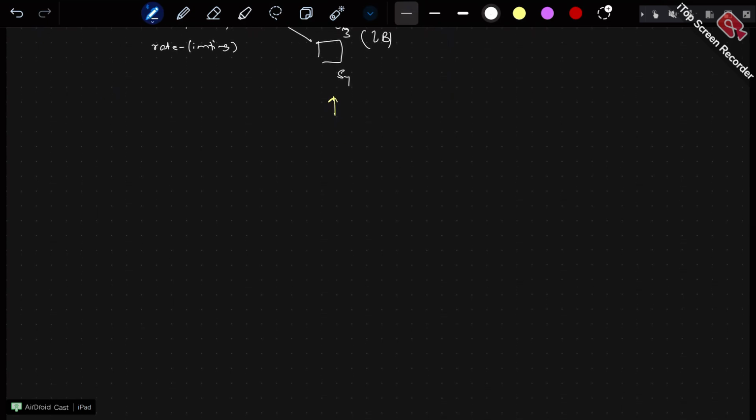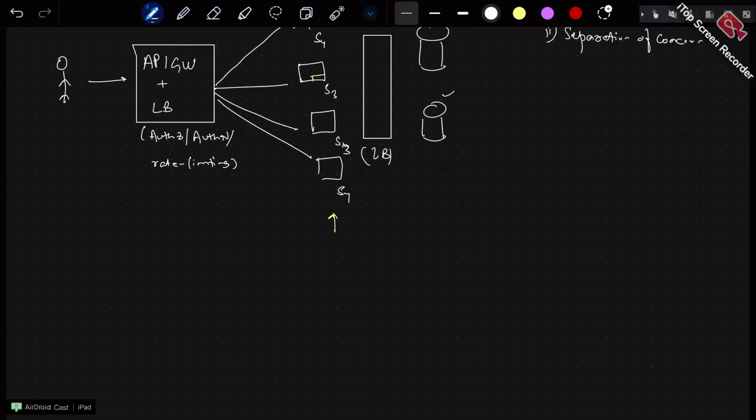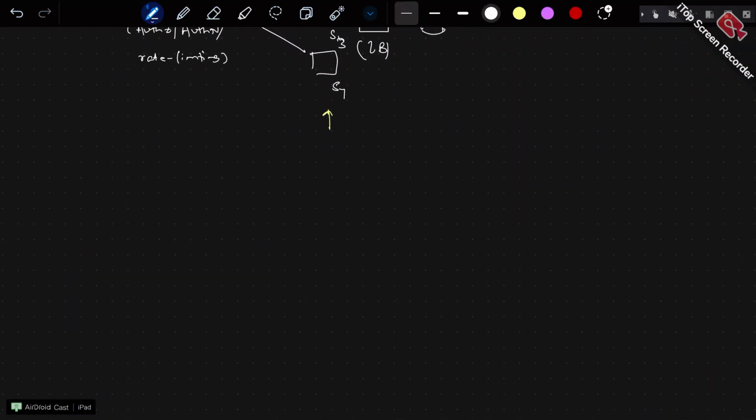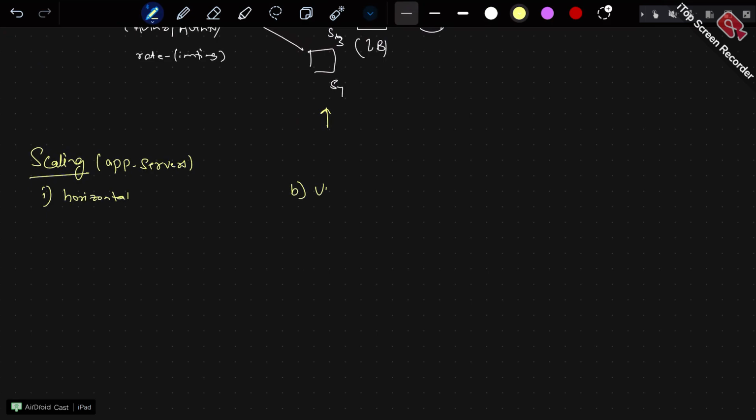Okay, so now comes an important part over here. Application server layer, how do we scale the application server layer? Can you give a generic term to that? So over here we'll talk about... Right. So horizontal. So scaling an application server can happen in two ways, one is horizontal and one is vertical. Right. So now what's the difference between these two?